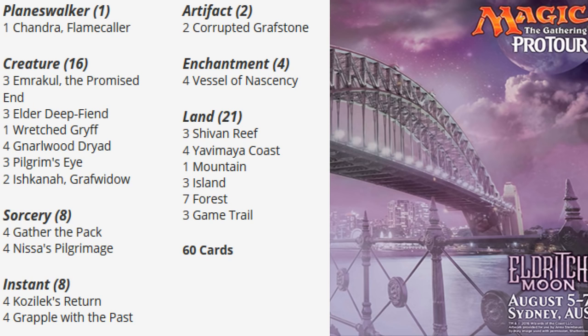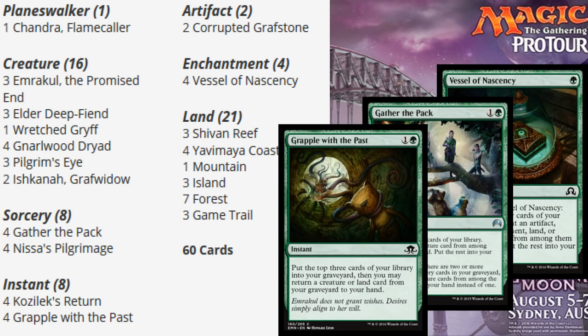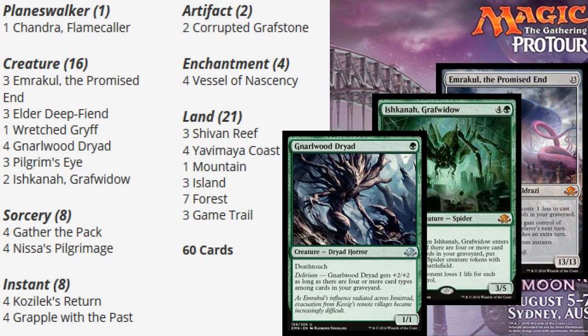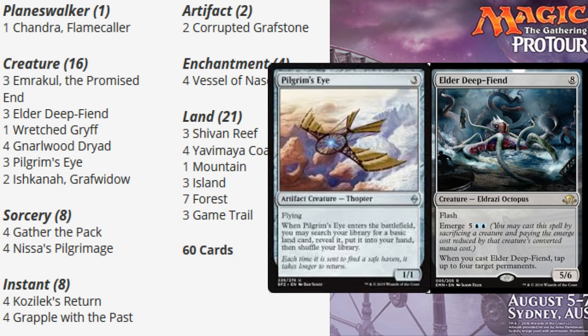It uses cards like Vessel of Nascency, Gather the Pack, and Grapple with the Past to find what you need and fill your graveyard. And you also have the chance of milling Kozilek's Return, which is very important for the deck too. But a full yard makes Emrakul, Ishkana, and Narwhal Dryad all better. And it uses Elder Deep Fiend, by the way, even though Pilgrim's Eye, of all things, is the only good